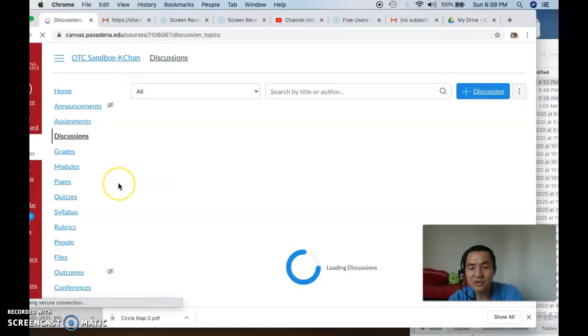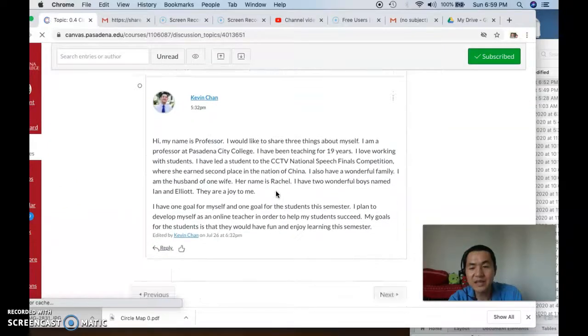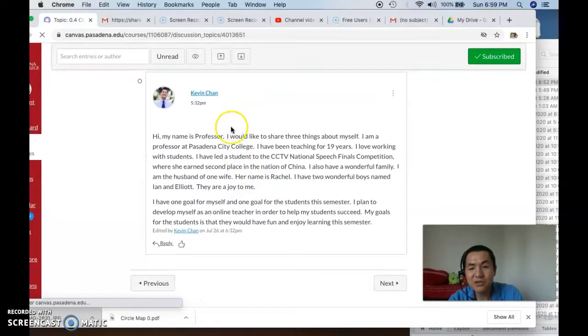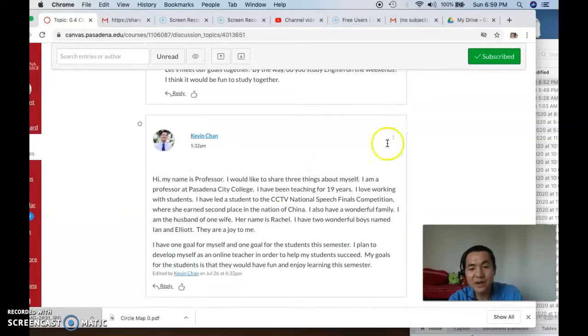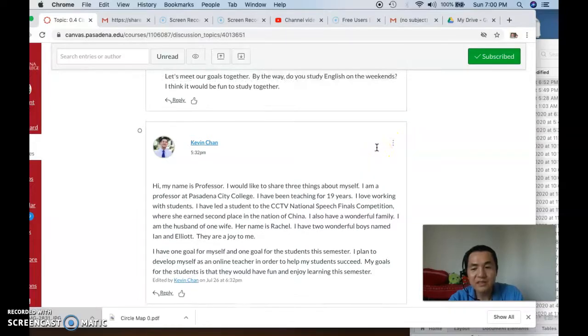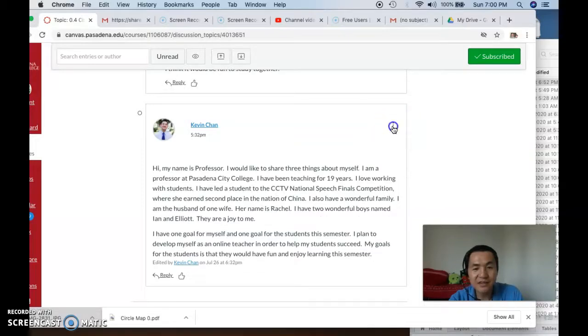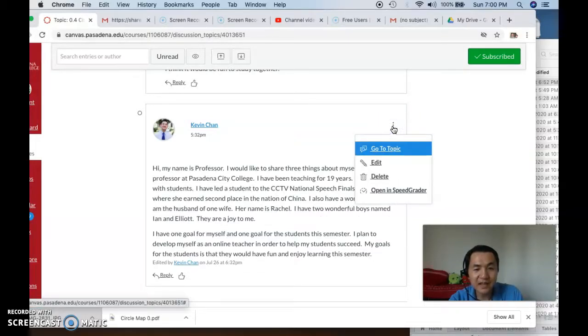I'm back into the discussion board, and I'm going to go back to that previous reply that I first made. And if you notice, there's no actual picture, but I want to add a picture now. So I'm going to look at this little mini waffle, about 3 dots there. I'm going to click on that waffle to try to edit this. I click on it and it gives me these choices. I'm going to click on edit.